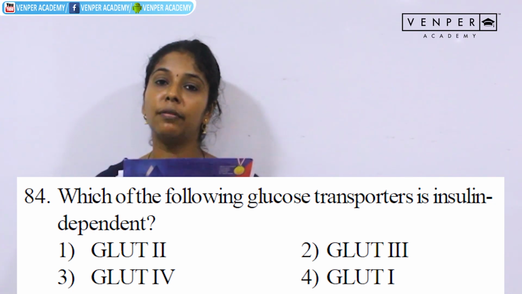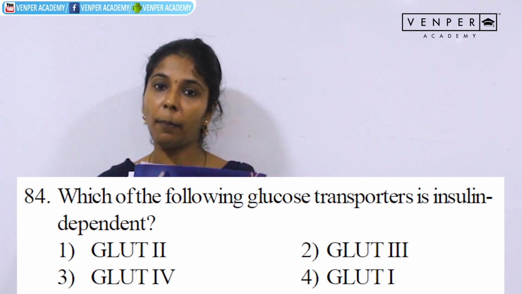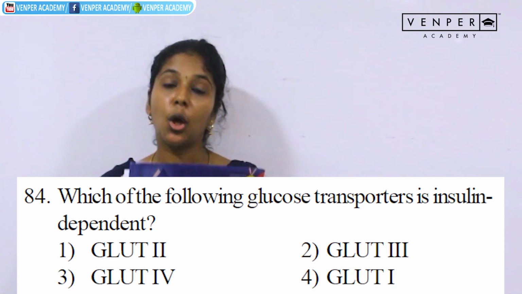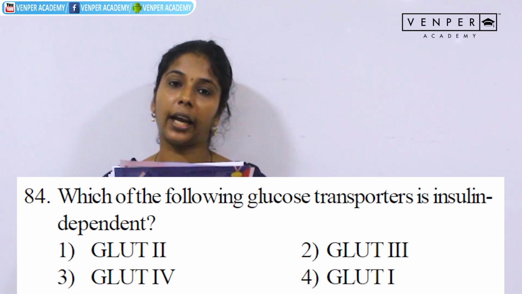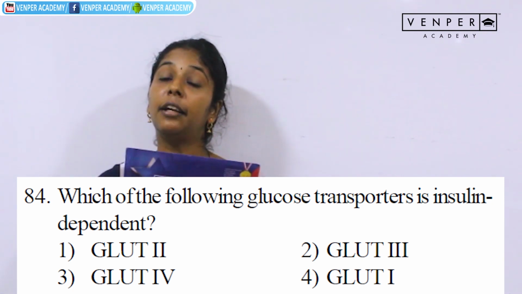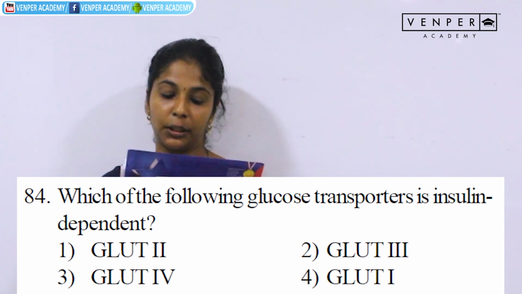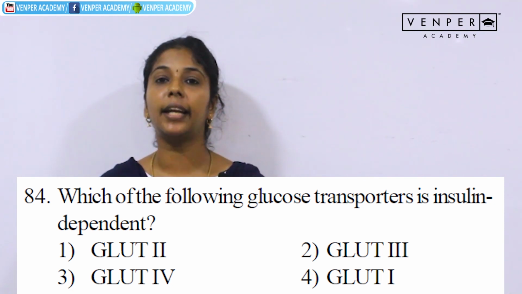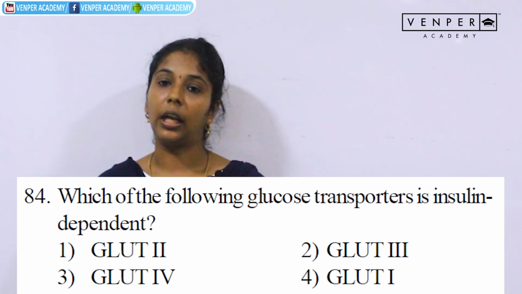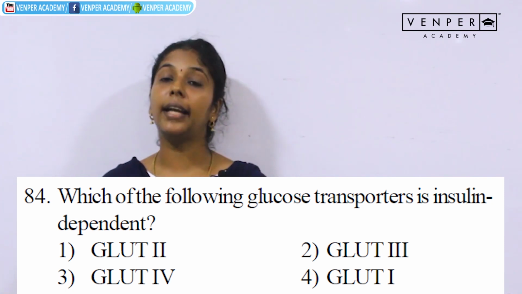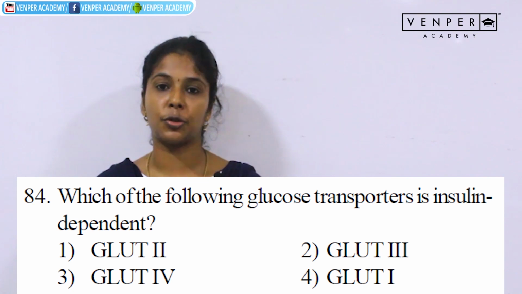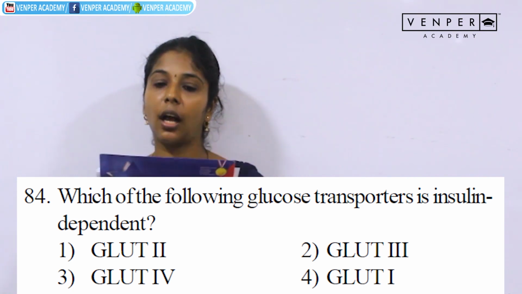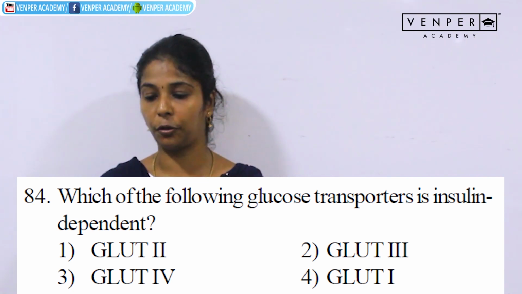Here the insulin will bind with the receptor and form a hormone receptor complex. Once the complex is formed, it activates the tyrosine kinase receptor and a cascade of pathways, which finally translocates the glucose transporter 4 to the cell membrane, and glucose can easily diffuse into the cell through glucose transporter 4. The answer is option 3, GLUT4.